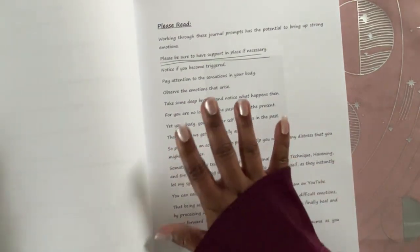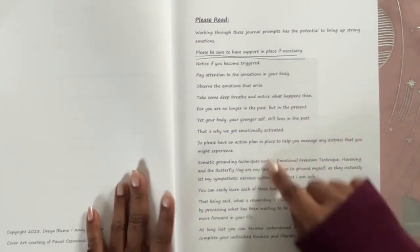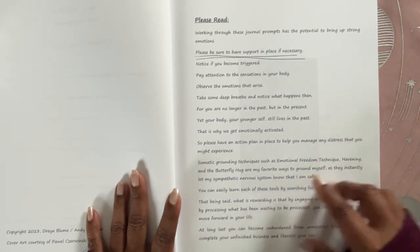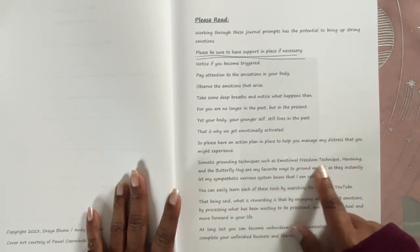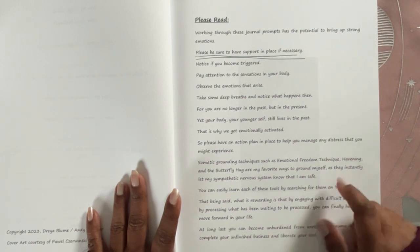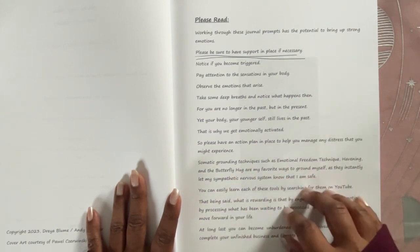I don't know why, but this one does come with a disclaimer. It says be sure to have support in places necessary, and I think that is so important. I underlined it. Dreya also gives you a few ideas here of some support techniques that you could use to support yourself. So she has the somatic grounding techniques such as emotional freedom technique, havening, and the butterfly hug, which I had to Google. She does suggest that you can look them up on YouTube and figure out what these are and make sure that you have a good sense of how to use them before you start using this book,